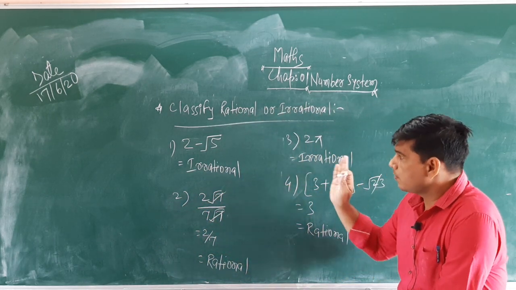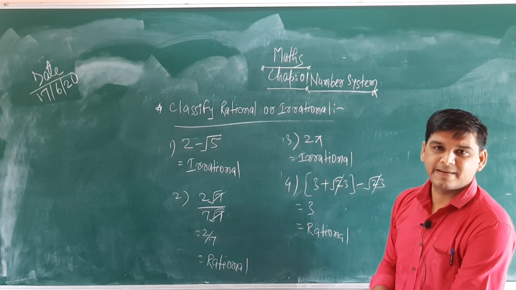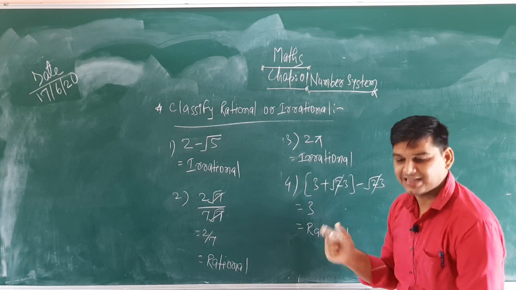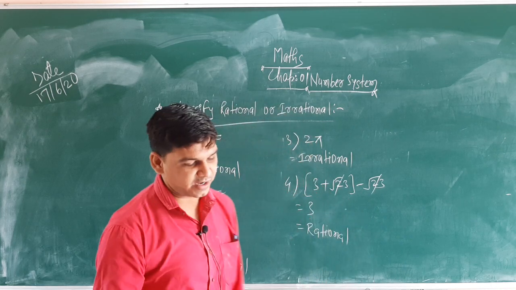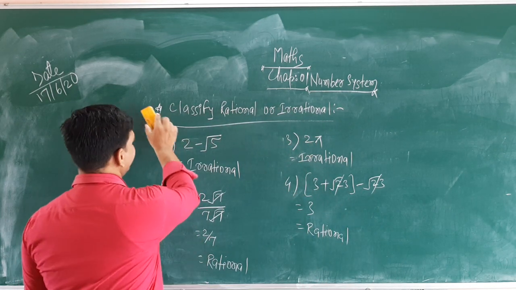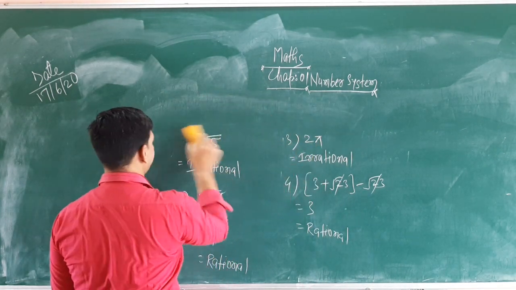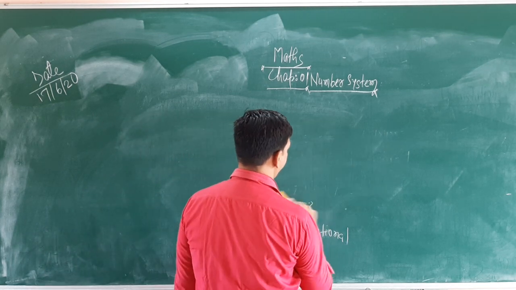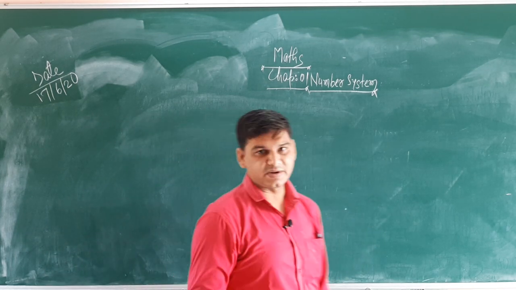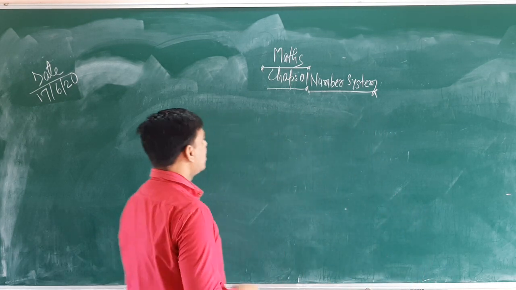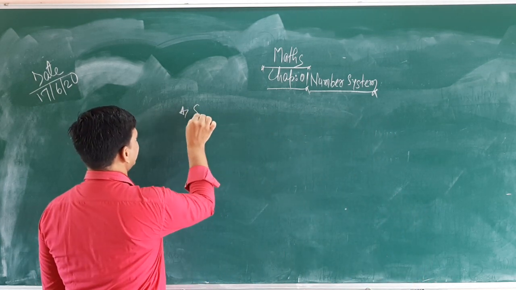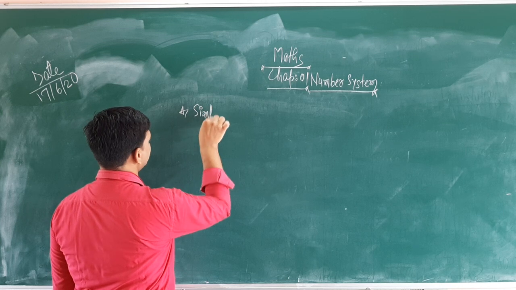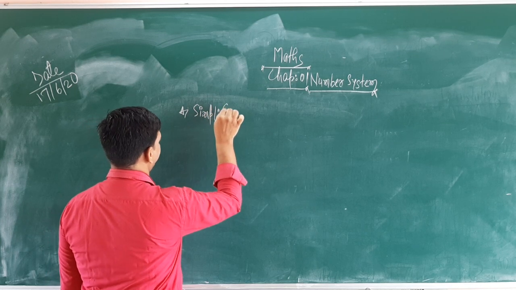Simple. Now moving ahead, we have just used the rational numbers to classify the numbers, or maybe to simplify. How can we simplify? Now the simplification method we will be discussing, how we can simplify this type of numbers, or maybe in terms of addition or subtraction. Let me move on to the simplification. The next form is called simplify.